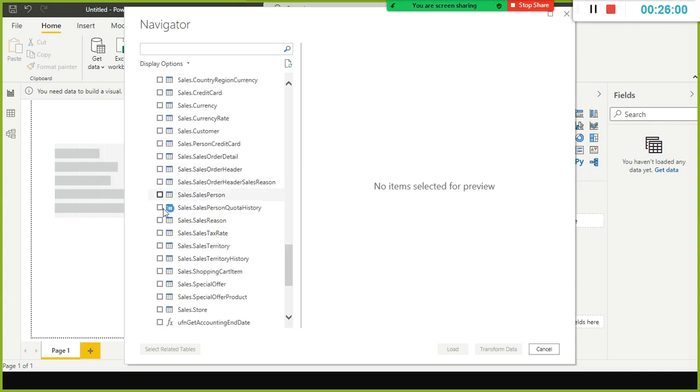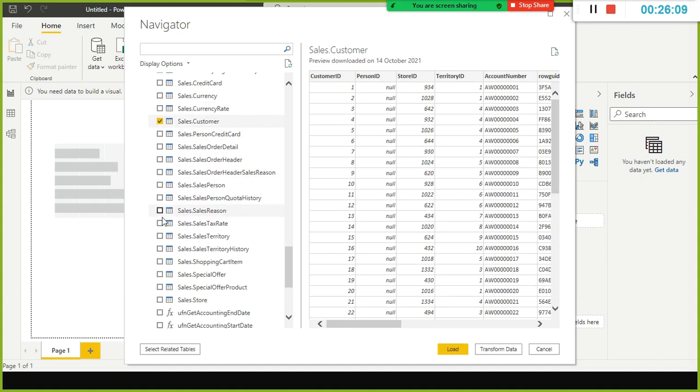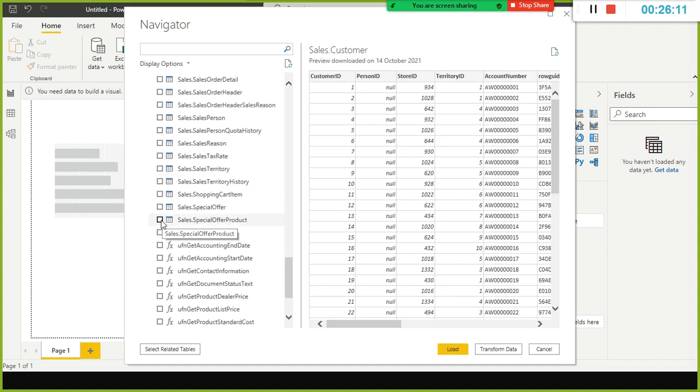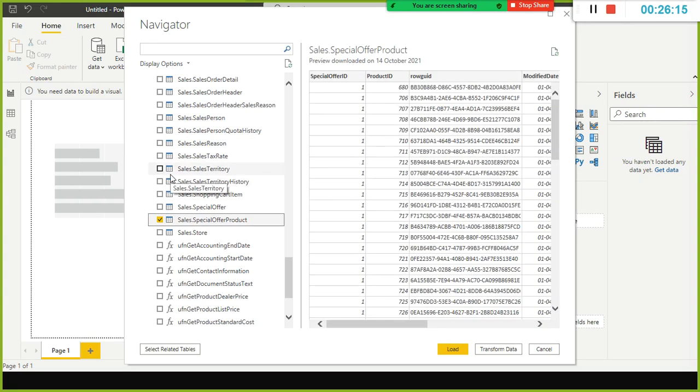Let's say I'm going to select sales customer. So when I select this one, it goes to the database. The query has been sent to the database, and it is showing the data here. Okay.